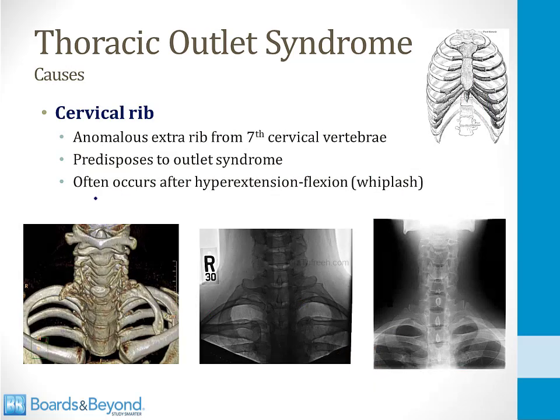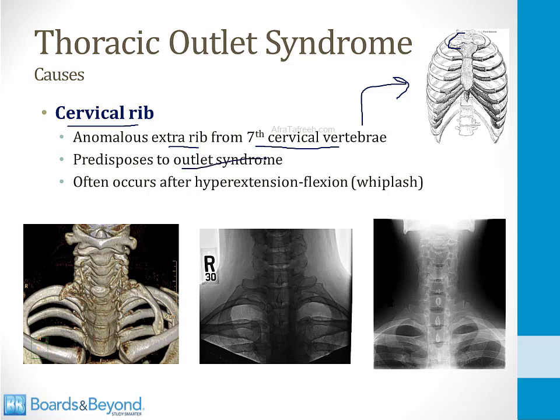It's very high yield to know why some individuals are predisposed to the thoracic outlet syndrome compared to others, and one of the most common reasons for this is the presence of a cervical rib. This is an anomalous extra rib from the 7th cervical vertebrae. If you look at this drawing of the rib cage on the top right side of the screen here, normally the first rib comes off the first thoracic vertebrae, and there are no ribs above this level. However, some individuals are born with a rib coming off the 7th cervical vertebrae, and this predisposes to the thoracic